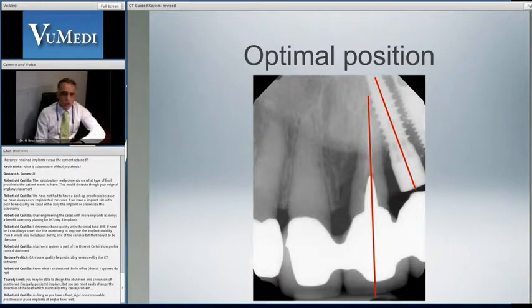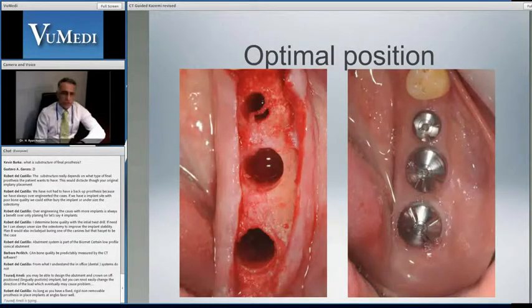So there's absolutely no excuse for it, especially with the use of surgical guides as well as the information we get from these scans, because we're looking for something like this: well-spaced, well-positioned, well-aligned implants,